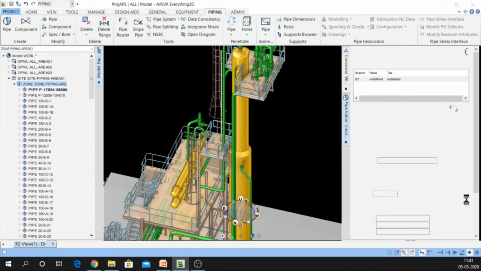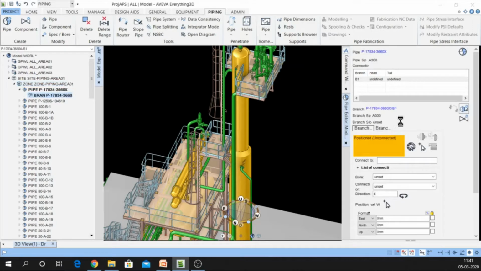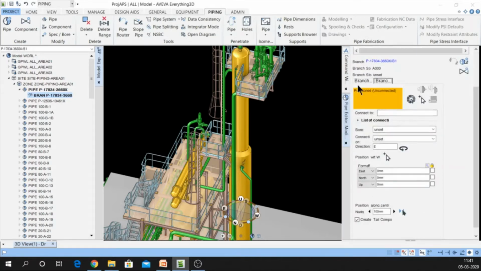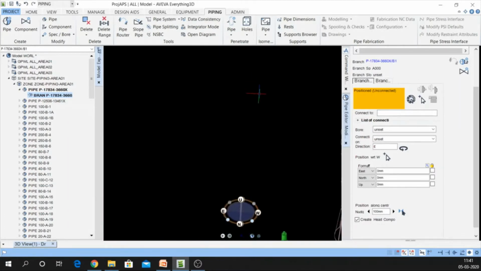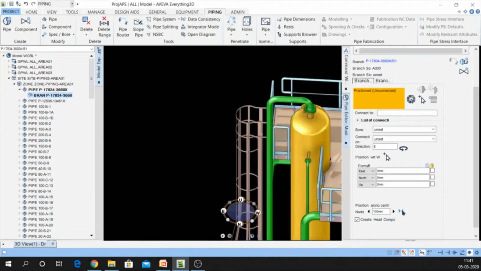Once we say apply, this form will appear. In this, if you see, there are two options, for branch head and branch tail. Now suppose I want to create the pipe on this nozzle,